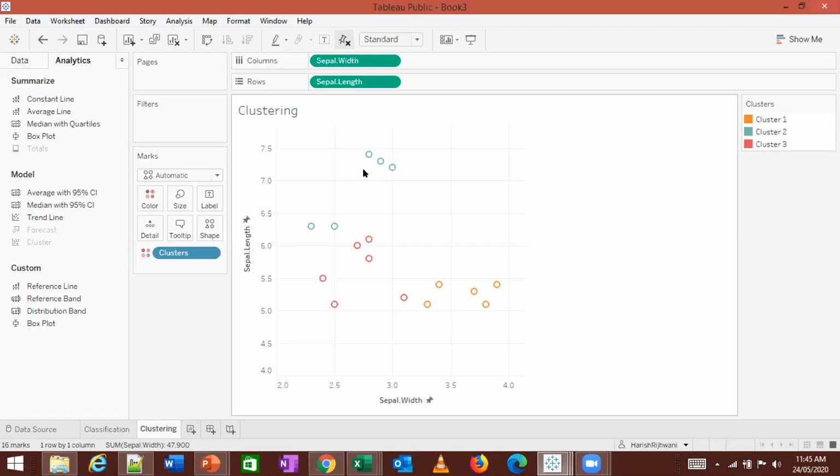In classification, you have labeled information, you have data that this is group A, this is group B, this is group C. In clustering, you don't have that information, you have to group it yourself logically. Make sense?